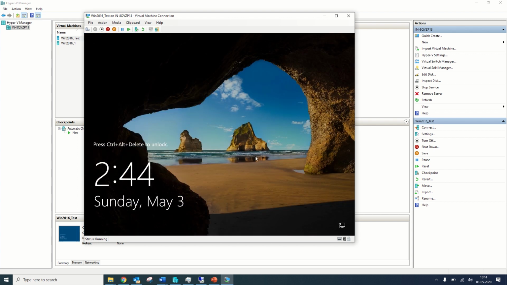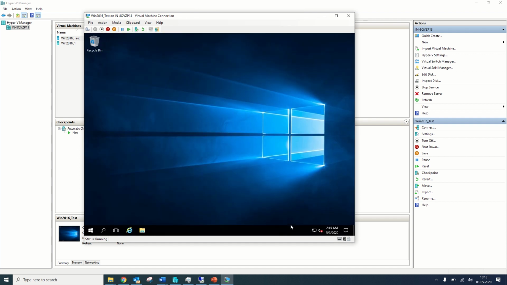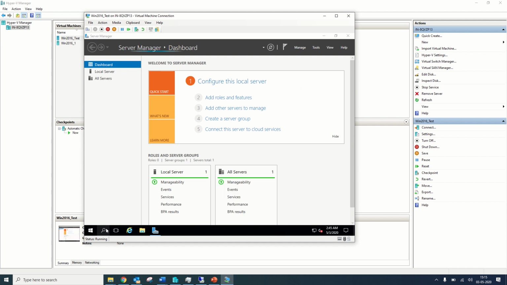So your Windows is ready. We have configured this machine to connect on the default switch, so the machine is automatically connected to the default network. We have successfully installed Windows Server 2016. We will be using this machine for our SQL Server learning series practice lab. In future sessions, we will be downloading SQL Server setup and installing it on this machine.